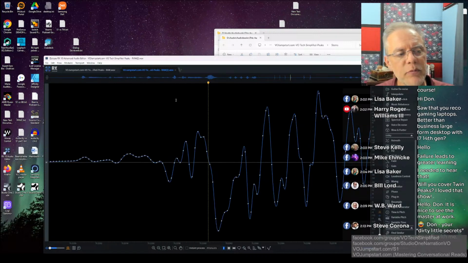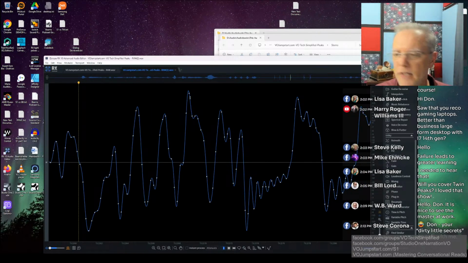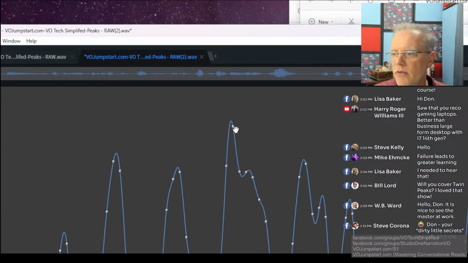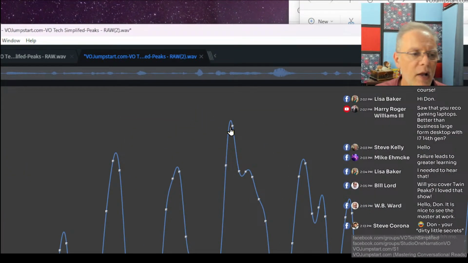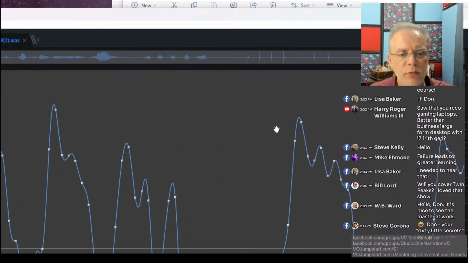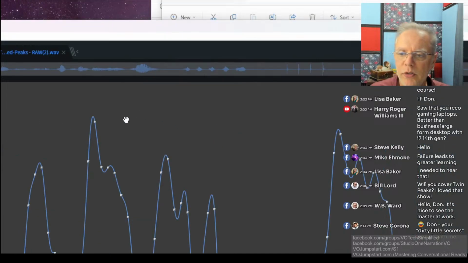If this was clipped, you would see right at the top, these things. Let me zoom in on this so you can see that real clear, because that's kind of small on that screen. As I zoom in, you can see right here, these are rounded off. It is not clipped. If I had truly clipped it, as opposed to having a good limiter that kicked in, those would be flat, because there would be two samples all at the same level, and you would see it. It's plain as day. That's what it looks like if you have a good limiter doing your work there.